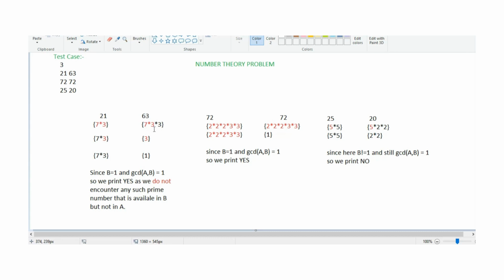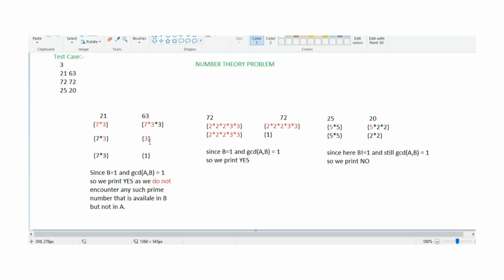No need to take them forward, because the constraint is too large, from 1 to 10 to the power 18. As we are decreasing our number, this will ultimately result in the successful implementation of this problem. So we are dividing our very big problem into smaller subproblems and reaching our final solution. After successfully deleting 7 into 3, we get 7 into 3 and 3. Now we can see that the common part present in both a and b is 3.